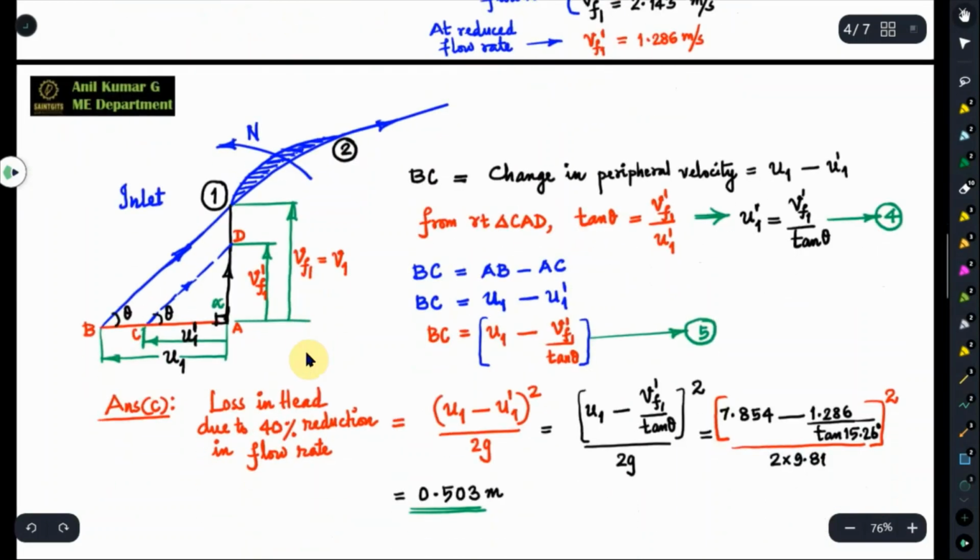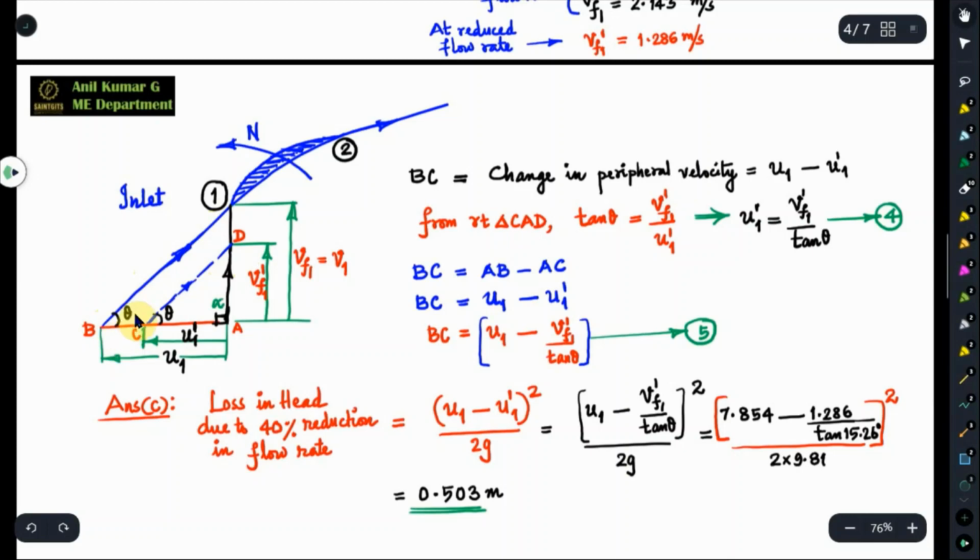So in such a case, how do we find out the loss of head at inlet? So what you can do is, you can consider the deviation from the original velocity triangle. If you consider the new velocity of flow and mark it from here, say AD is now representing VF1 dash, that is the new flow velocity, and then draw a line from D parallel to the original relative velocity. So that is this dotted line, and in fact if these two lines are parallel, obviously both lines will be inclined at the same angle with the horizontal.